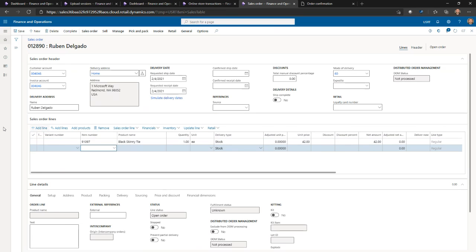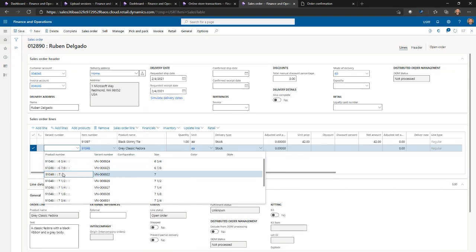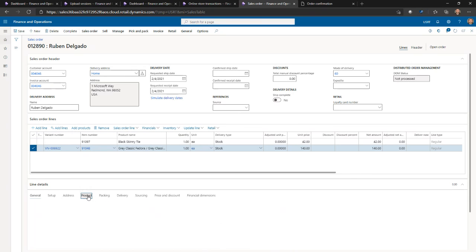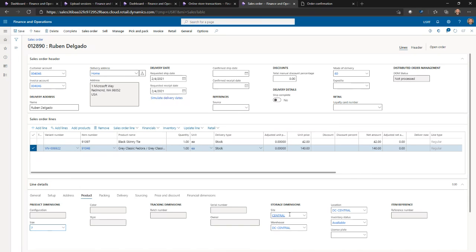And I tell them, yeah, what I saw was a gray fedora hat. The person happens to know that, yeah, this is item 98048, the gray classic fedora. And what size do you wear? I tell them my hat size. And I mention, so I'm going by the store anyway. Would you designate that for pickup at the store? So I say, yes, I can do that. It should be ready by the time you get there. So they specify where this needs to be picked up.